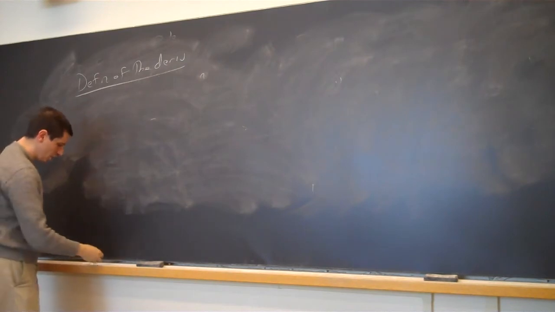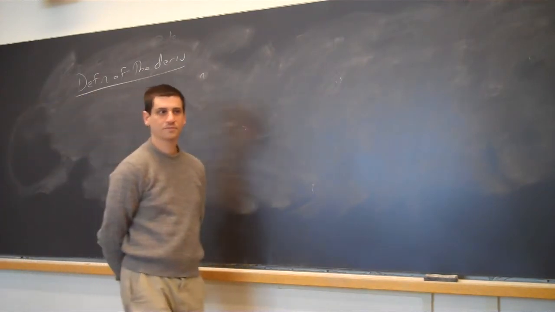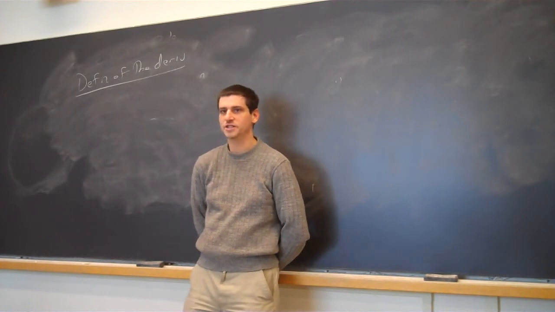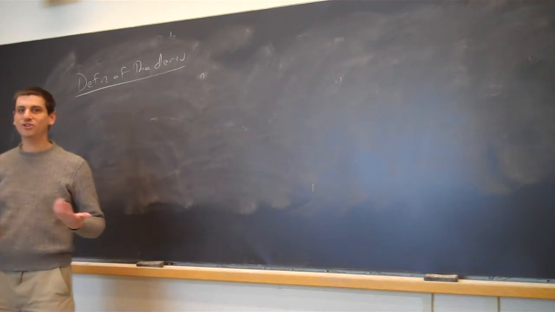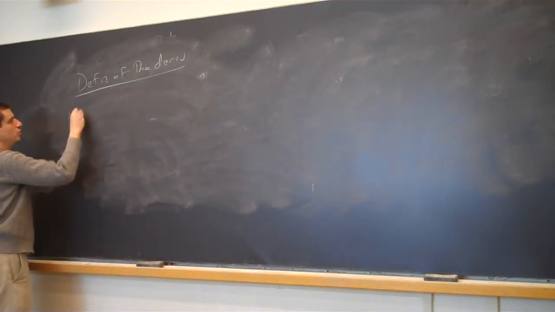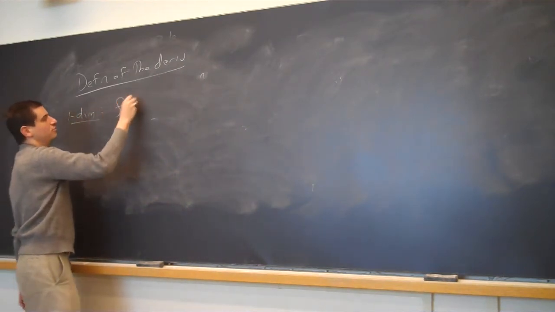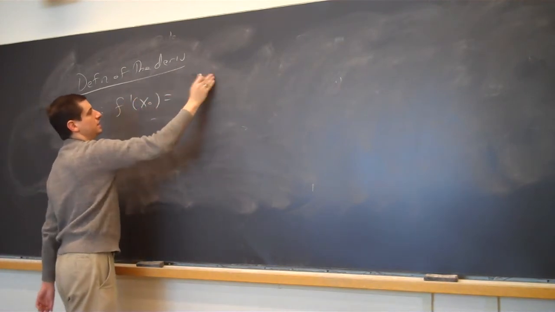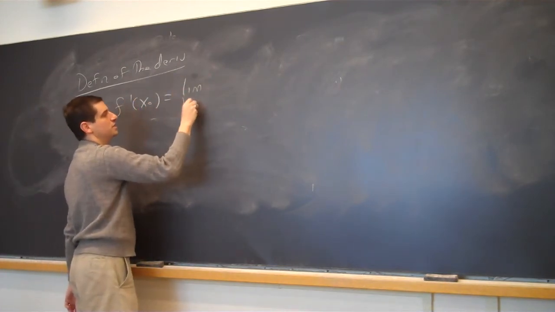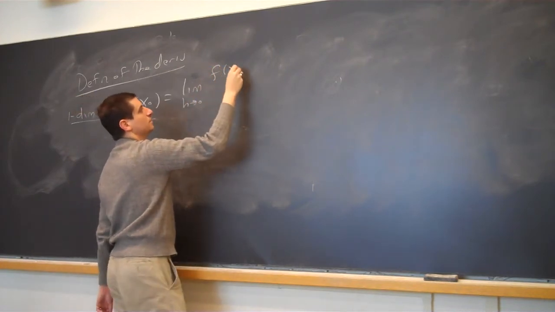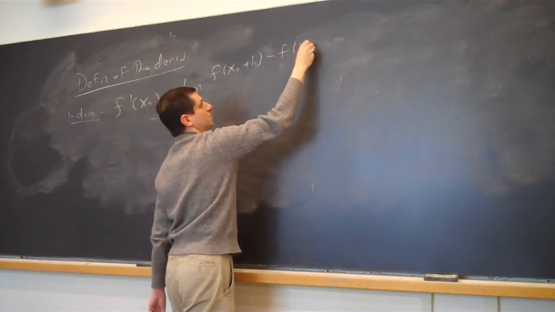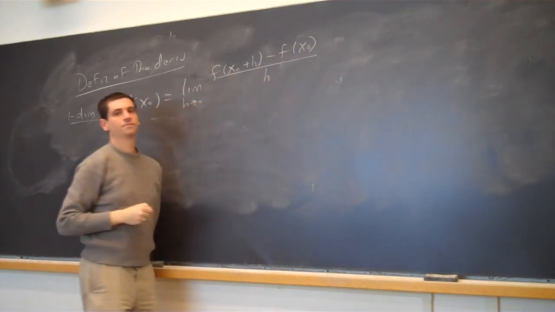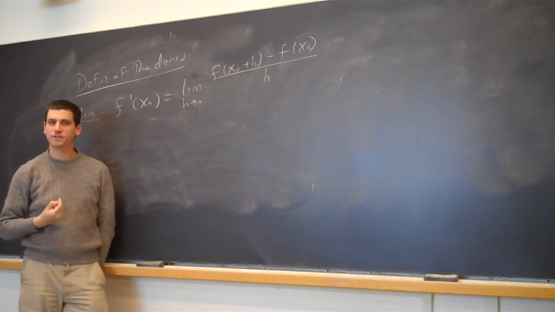So whenever I give you a new concept, what do we always do? Yes? Go back to things you already know. So we already know the definition of the derivative in one dimension. So in one dimension, we get f prime at x naught is the limit as h tends to 0 of f of x naught plus h minus f of x naught divided by h. So this is the definition of the derivative of my function f at the point x naught.